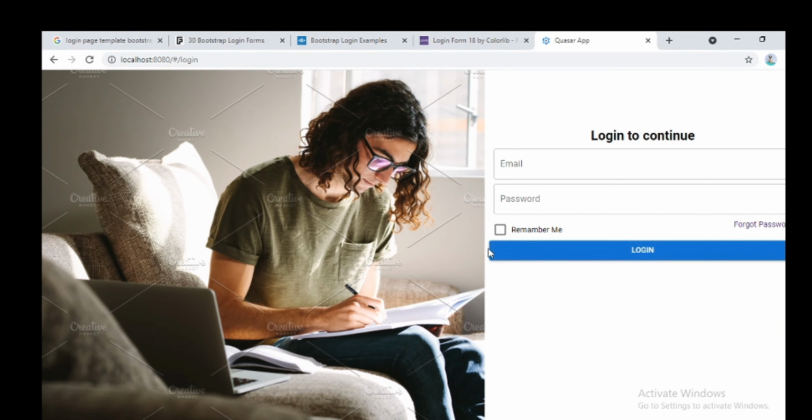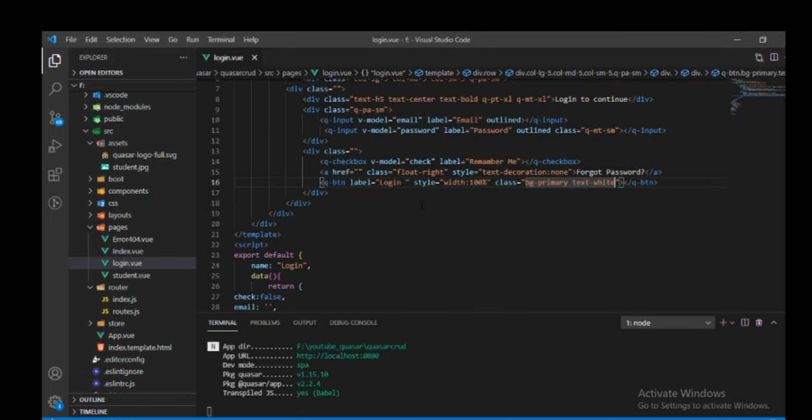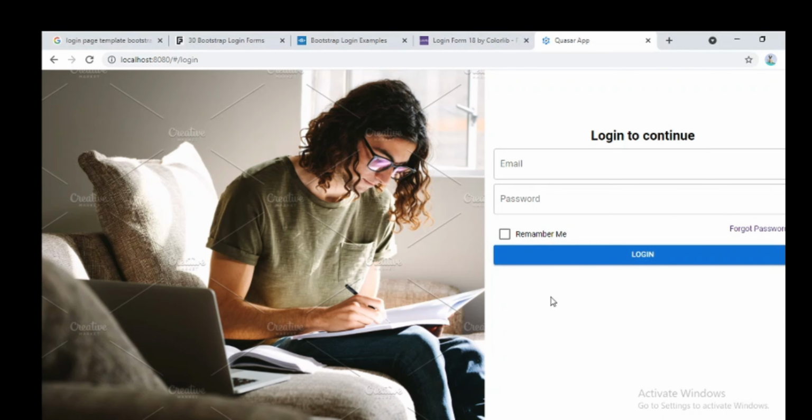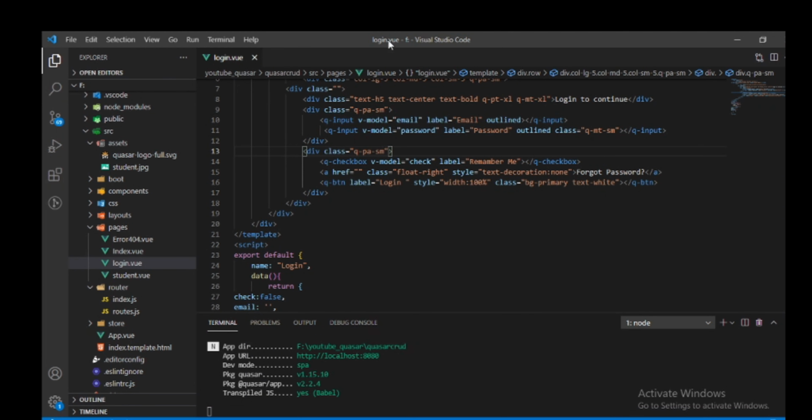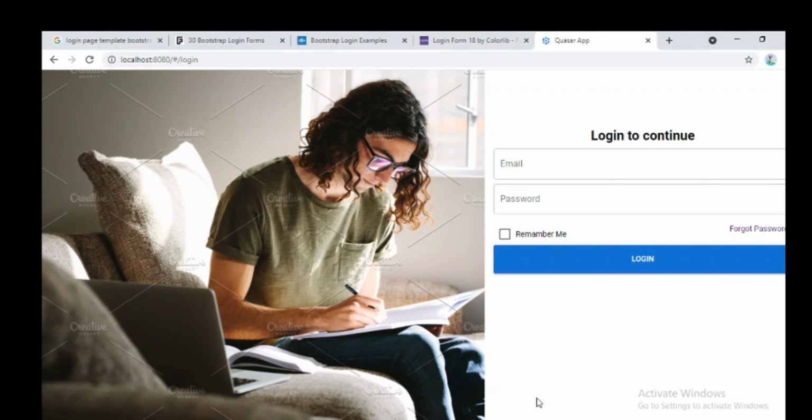We have to give padding for that also, and we will give q-pa-sm. Check. Yes, is it now good? But we need to give padding also, so that it will increase its height. Okay, now it's looking good.